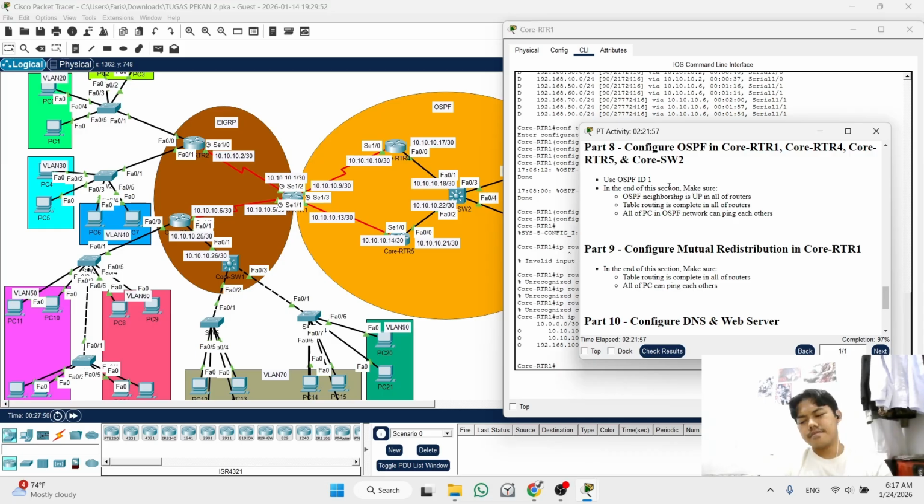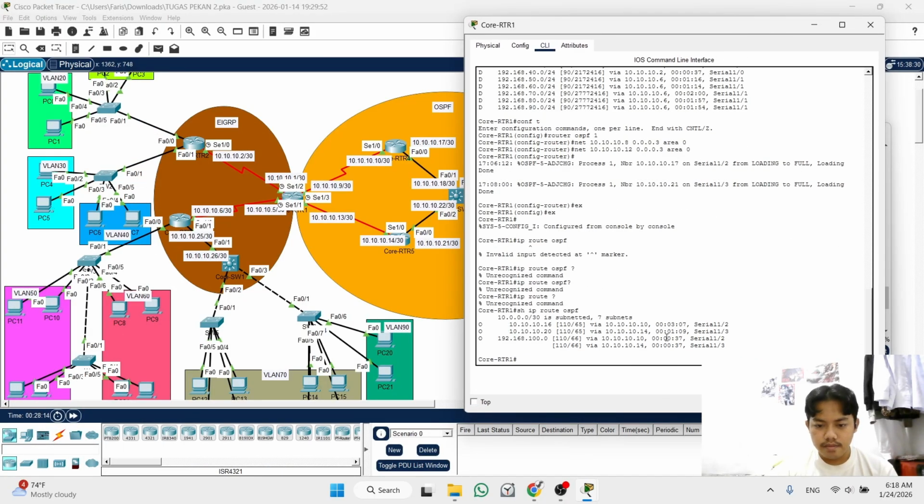So the function of it is for all the devices from EIGRP and OSPF to communicate. So we need to configure the redistribution. Right, we go to router 1.